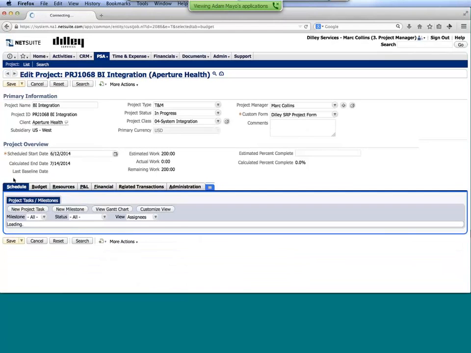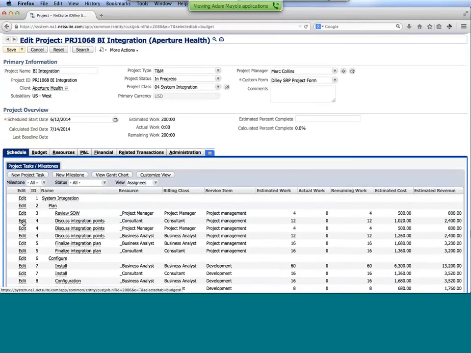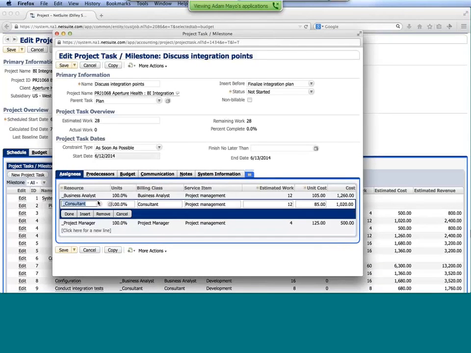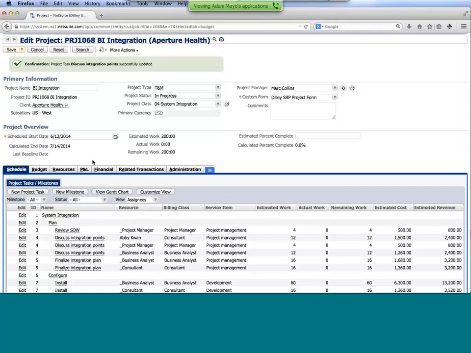So I can go back over to my project schedule, and if I were to look at any of the tasks where I was going to need a consultant, I can scroll through, jump over to this tab here, and now substitute Abby for that consultant role. And you'll notice my list is limited. I'm saying in this example, I only want to show people that have been allocated by a resource manager to work on it. Again, you don't have to get that restrictive, but just the idea if you wanted to support more of a centralized resource approach. So from here I can go in and save it, and then there might be a means where I would go in and substitute those resources across the board.